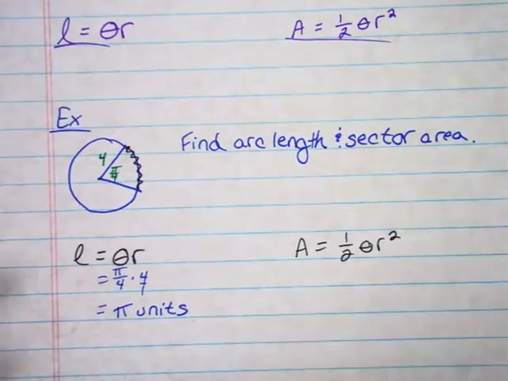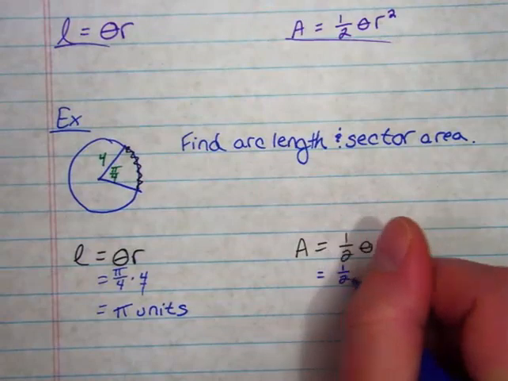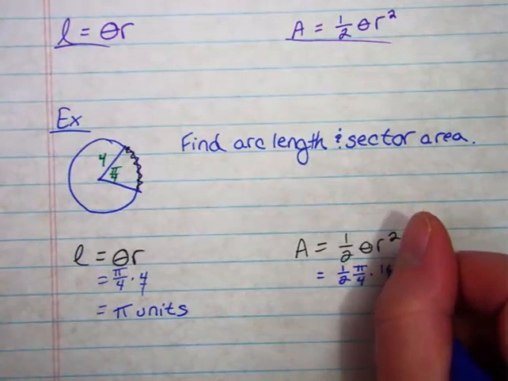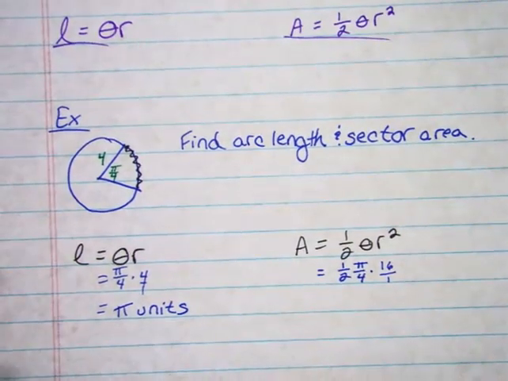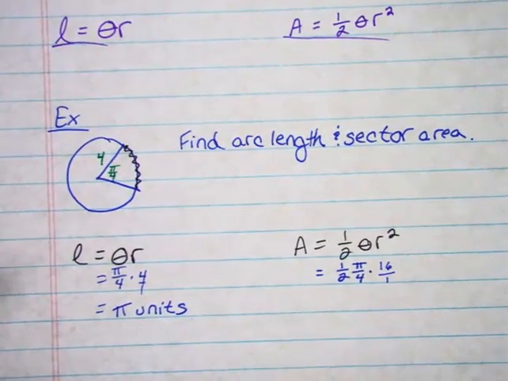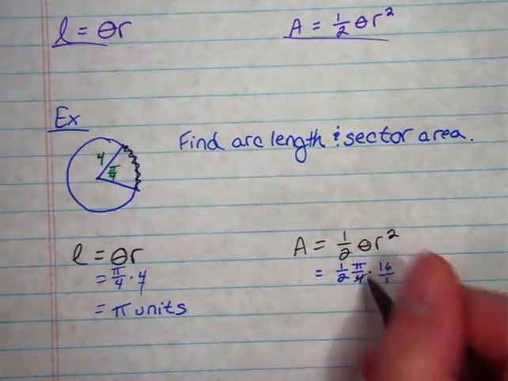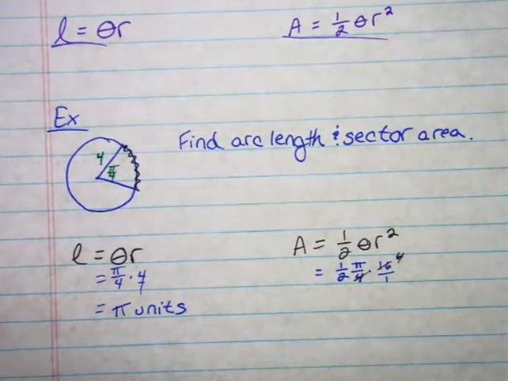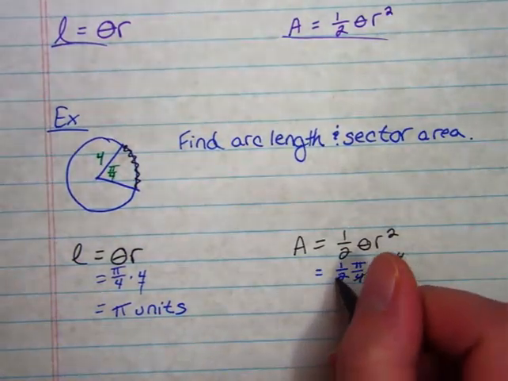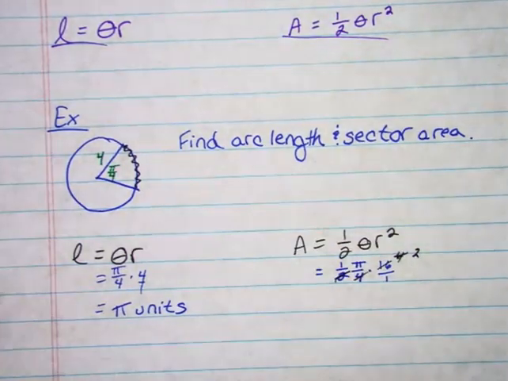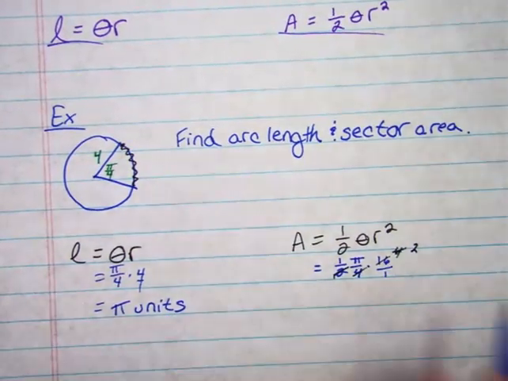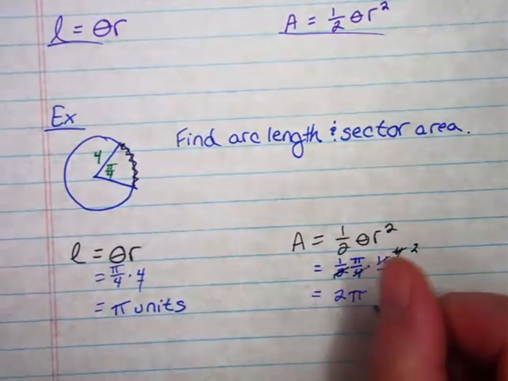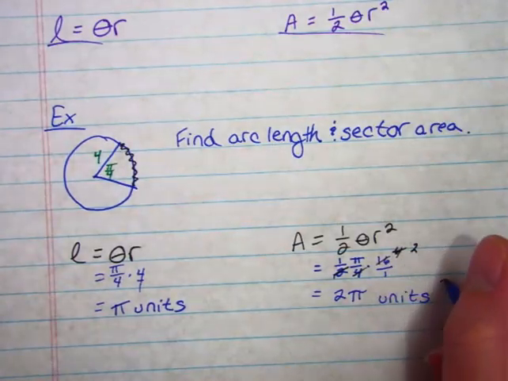Now for my area formula, again, I just plug in my information. That's 1/2 theta is pi over 4 times my radius squared, which is 16, and I'll put that over 1 because it's 4, so 4 squared is 16. Now I will simplify. 4 goes into 4 once, 4 goes into 16 4 times, and then 2 goes into 2 once, and 2 goes into 4 twice. So when I multiply across the top, I get 2 pi, and then my label here is units squared